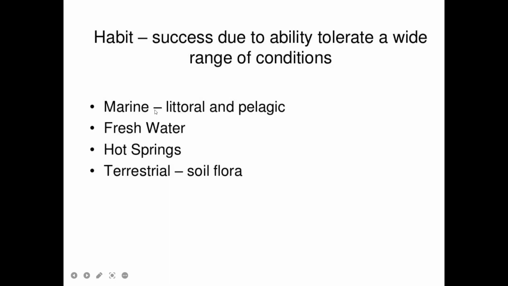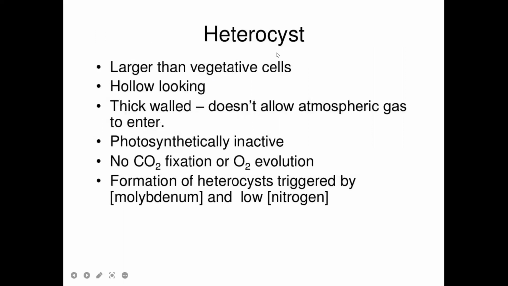So they can tolerate different environmental conditions like marine, freshwater, hot springs. We can see them in different conditions like marine water, freshwater, hot springs, terrestrial, etc. And coming to the heterocyst, these cells are larger than vegetative cells and they look hollow. They are thick walled and they do not allow atmospheric gas to enter, and they are photosynthetically inactive, meaning other cells